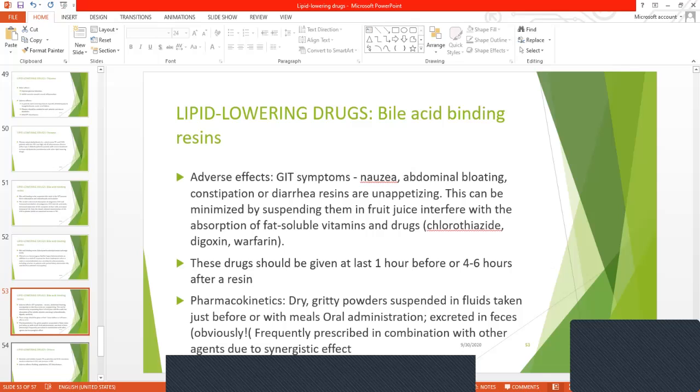Malabsorption of vitamin K occurs rarely, leading to hypoprothrombinemia. So prothrombin time should be measured frequently in patients who are taking resins and anticoagulants. Malabsorption of folic acid has been reported rarely. Increased formation of gallstones, particularly in obese persons, was an anticipated adverse event, but it has rarely occurred in clinical practice.